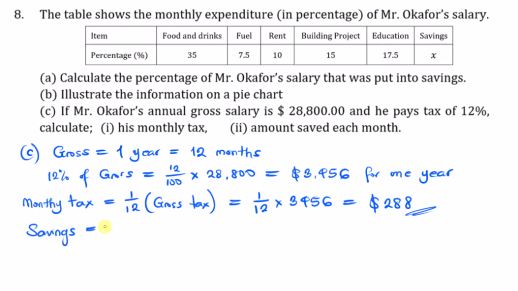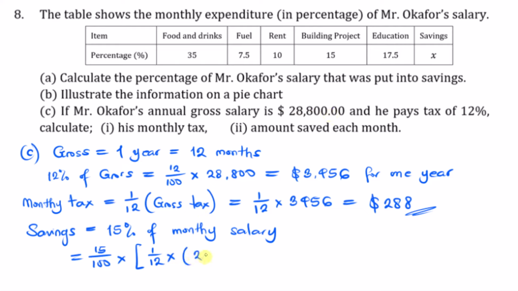Now you want to look at his savings. Okay, already we have seen that the savings we got to be 15% of his monthly salary. So that means what we are saying here is nothing but his savings will be 15 over 100 multiplied by what's going to be his monthly salary. If this is his gross salary, that will be 1 over 12 multiplied by this total amount that is being paid, but there is a caveat because he will need to deduct tax from it, and that tax for 1 full year is nothing but